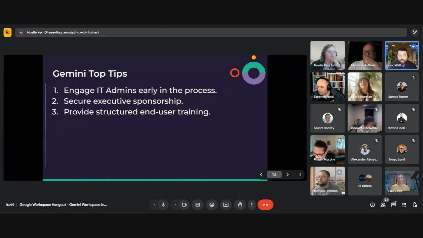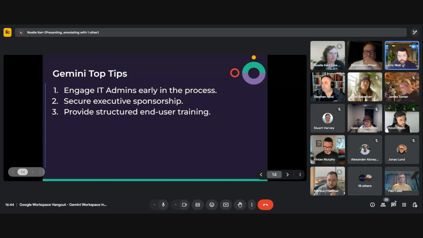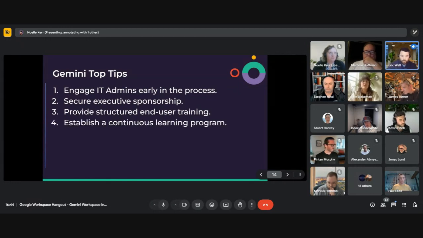As Noel said, there's a lot of buttons to press in terms of Gemini. It's a matter of understanding what this looks like for my day-to-day role. We found different pockets of the organization have different use cases for it. So somebody in HR can use Notebook LM and get started today. Likewise, somebody in support could use it to polish emails, and that's where they start today as well. It's trying to get people a starting point so that they can then explore it. But it's really structuring it so everybody's up to the same level of learning.